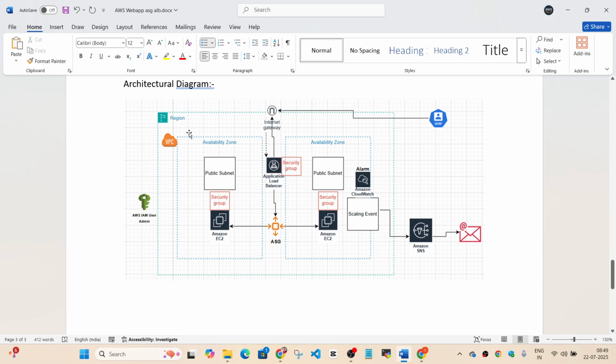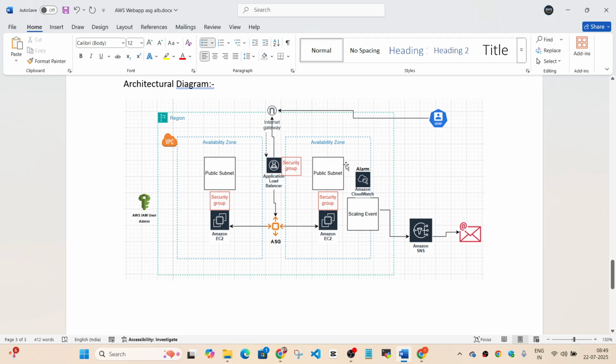Our VPC has an internet gateway attached in its route table so that the users from the public internet can access the website using this internet gateway. Also, as part of our auto scaling work, I'm going to create one scaling policy. It's going to be a dynamic scaling policy that I'm going to configure with my auto scaling group, and it's going to trigger a scaling event using a CloudWatch alarm.